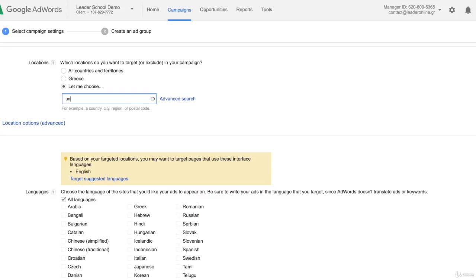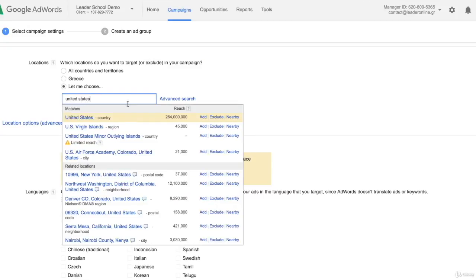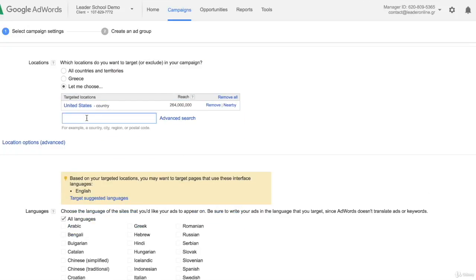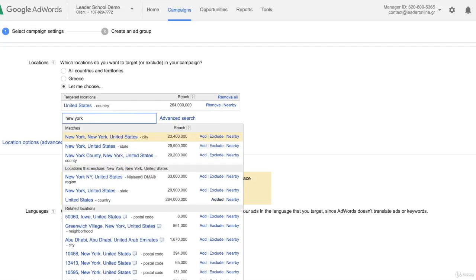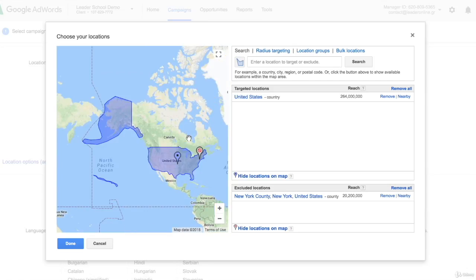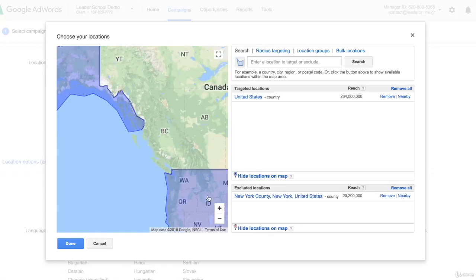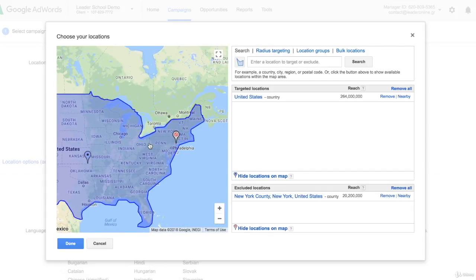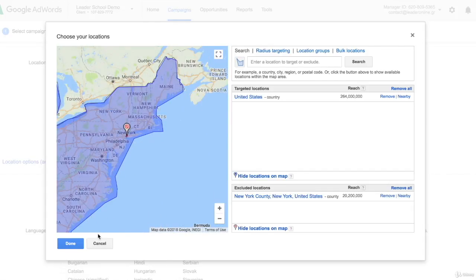So you can choose United States, and then you can exclude New York. So I write down New York and then go to exclude, not add. In that case, you choose all United States, but you exclude New York. So you can do some selections and then you can have some exclusions, but you can also go to advanced search,